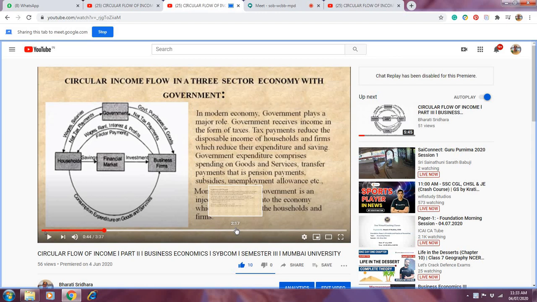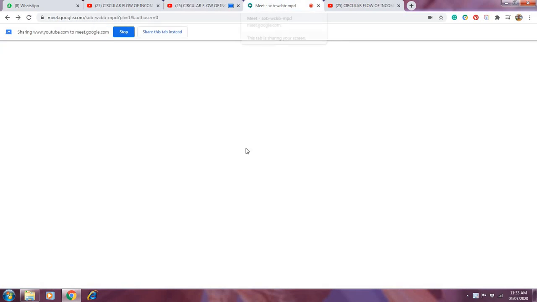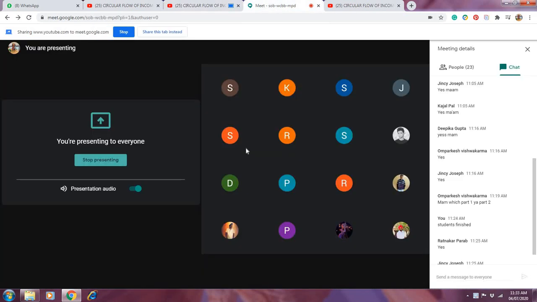Now we are going to start the next point, that is the circular flow of income in the four-sector economy. But till that time, this